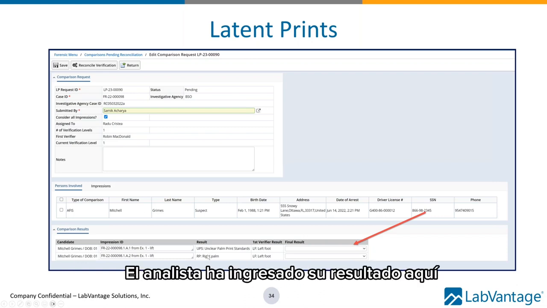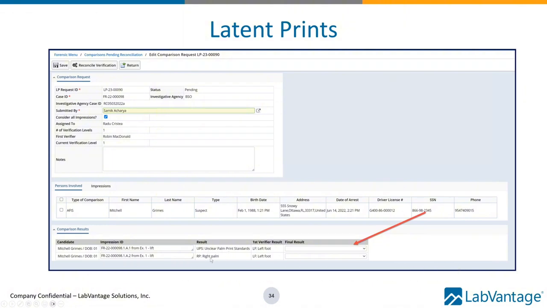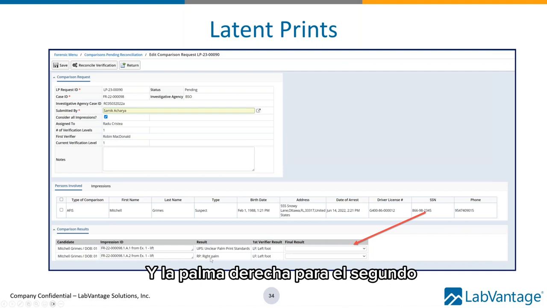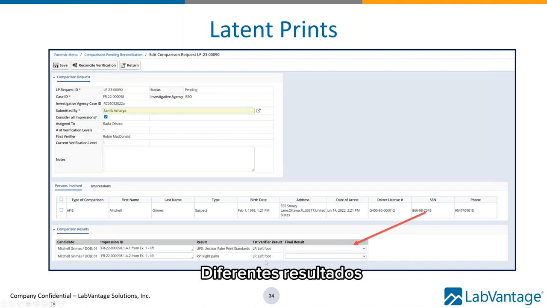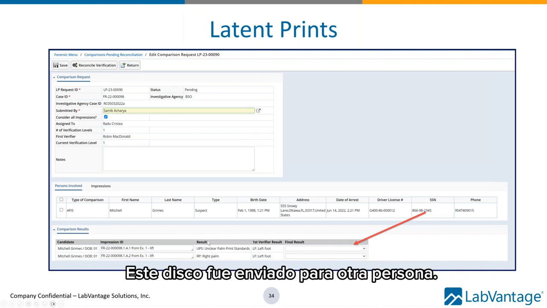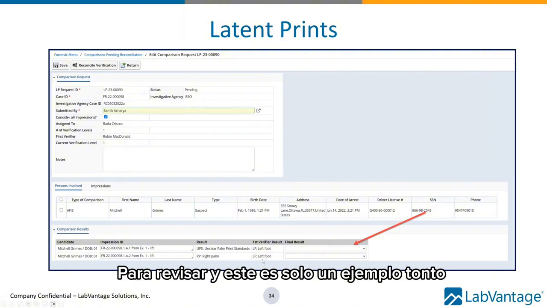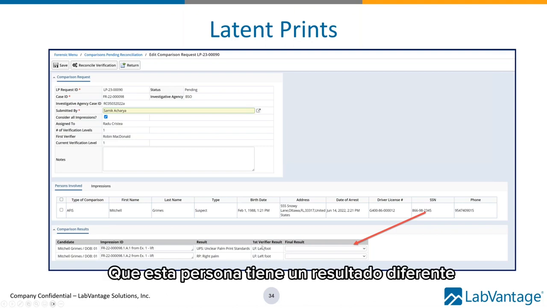The analyst has entered their result here, unclear palm print for number 1 and right palm for the second one. What you're also seeing on this screen is that the verifier came up with a different result. So after the analyst completed their work, this record was sent over for another person to review. And this is just kind of a silly example. I put left foot for both of these just to illustrate the point